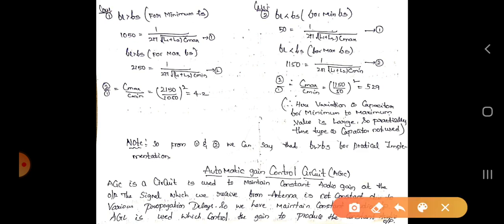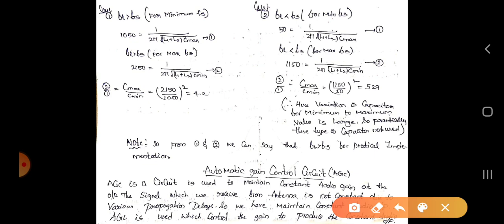Because while receiving at the RF receiving antenna, we will receive the signals from space, but the signal travels from the transmitting end to the receiving end over a large distance. So it may go through different types of delays, or come under different types of distortions. As a result, at the receiving end, the signals which you get don't have the same intensity levels.